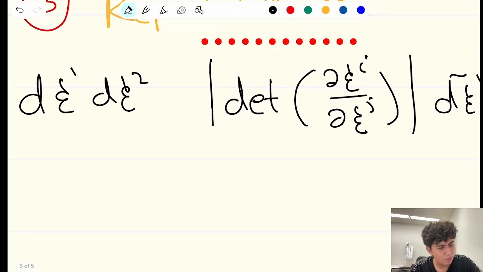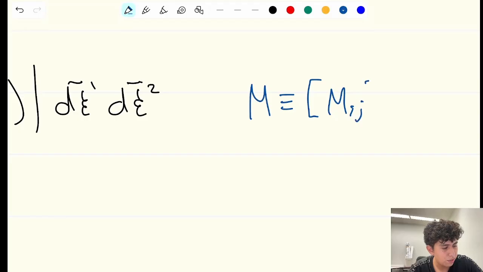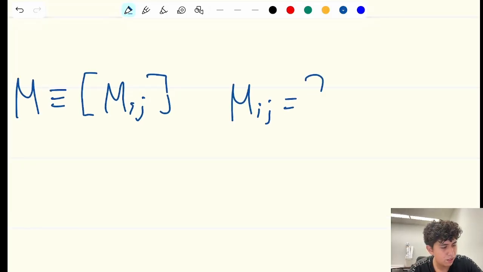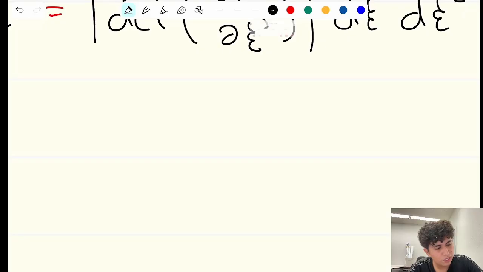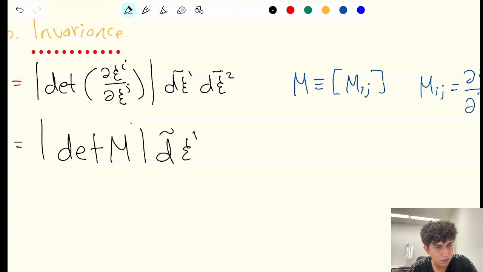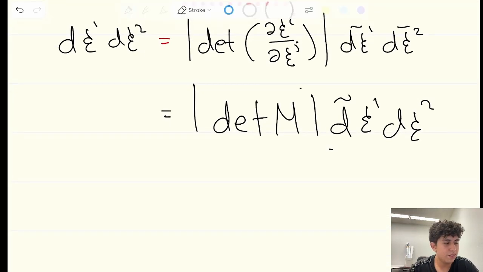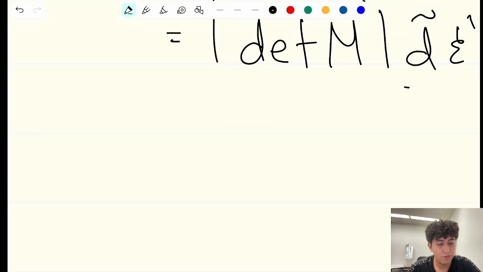Cool. And we're gonna make a couple of definitions just to make our life easier. So let me define this matrix M, which is just gonna be partial of x^i with respect to partial chi hat j. So this is what is inside this term. So we're just gonna take the determinant of M in these two parameters. Cool. Okay. We can also do the reverse. Instead of going from the tilde components to the normal components, we can go from the normal components to the tilde components,